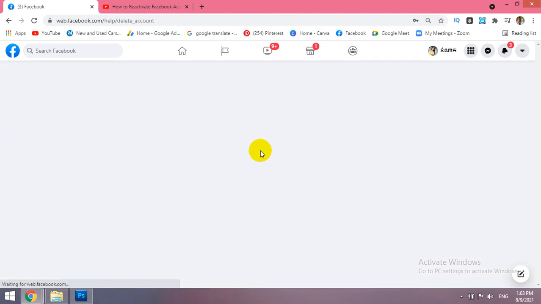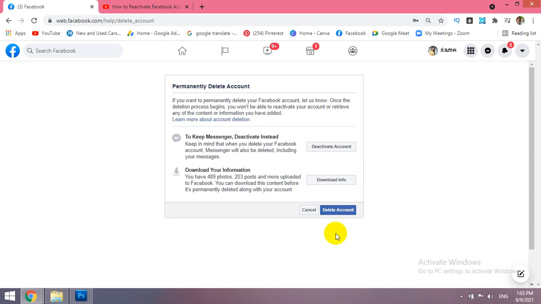Click on it, and then you will see here whether you want to keep something or delete everything. To me, I don't want to do anything, I just want to delete it. Just click on delete,